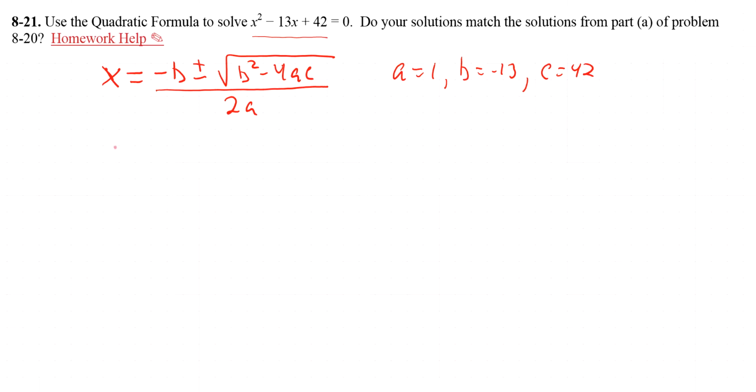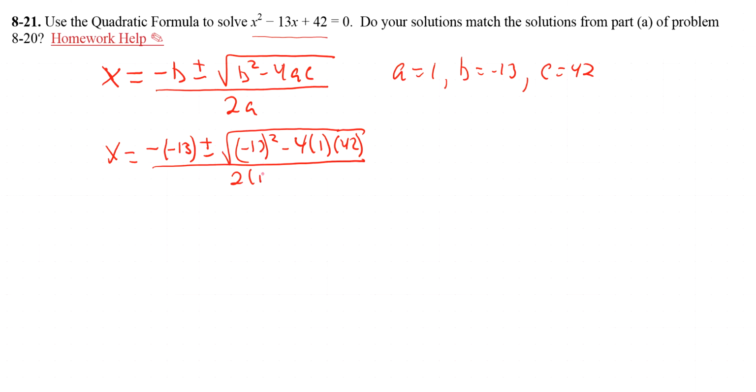Alright, so now let's substitute our values. So we get negative 13 plus or minus the square root of negative 13 squared minus 4 times 1 times c, which is 42, all divided by 2 times 1. Alright, so I usually show this step where I substitute all the values. Then the next step, I like to